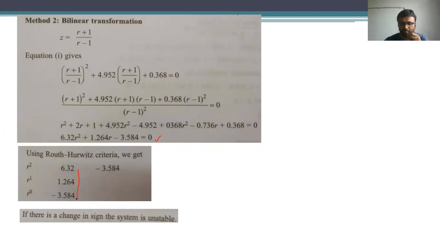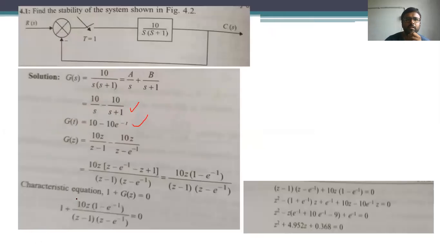This kind of problem is also asked in your university examinations, and it can be asked for 10 marks or 14 marks. That means initially we have to determine the transfer function of the system, and after that we have to determine the stability of the system. So two different steps have to be conducted by you. So this particular question can be asked for 10 marks or even for 14 marks. We can expect these kinds of questions in our university examination.